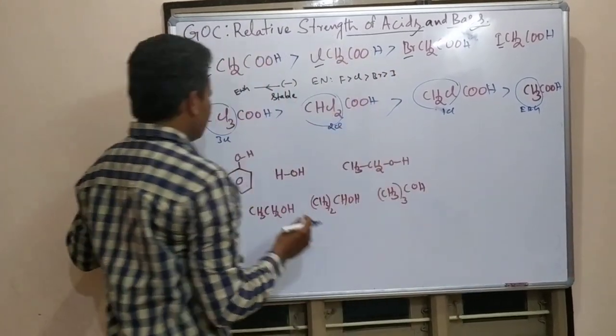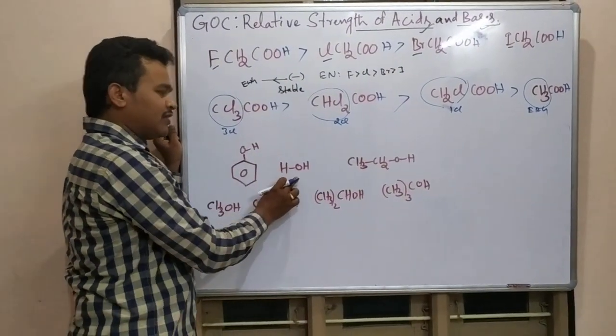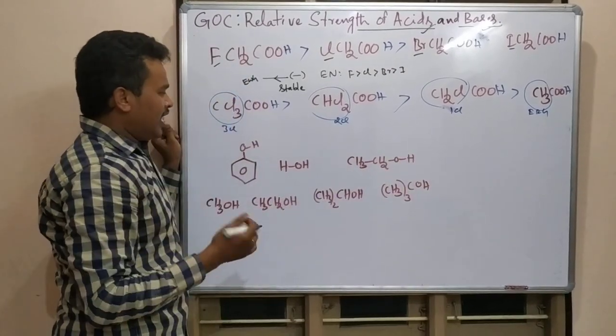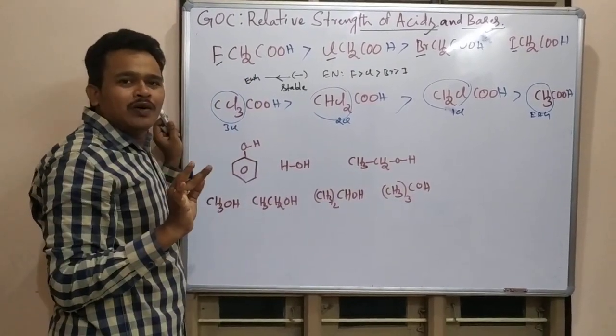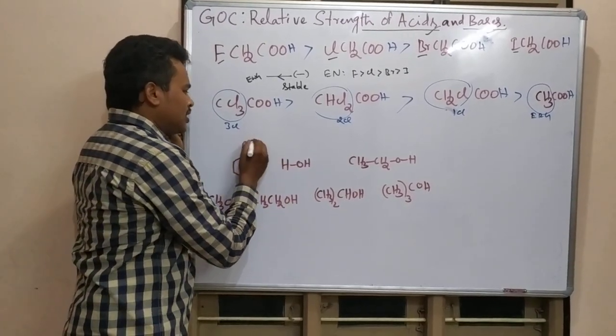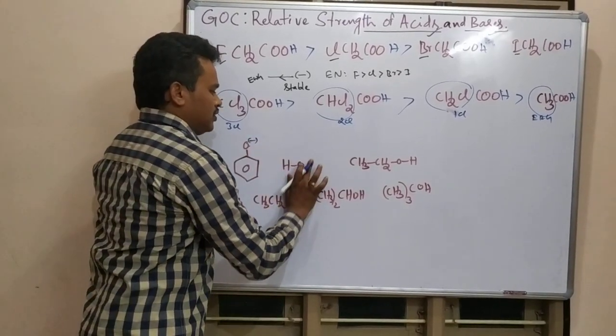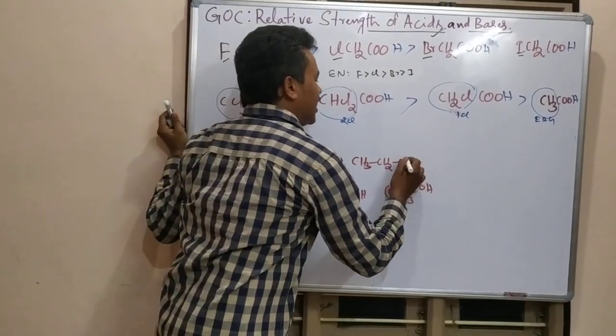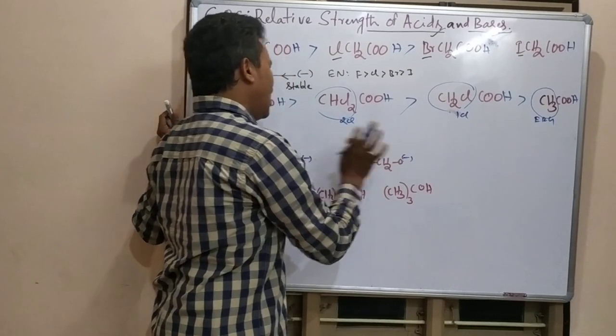Like that. Next one. Here this is a phenol. This is water, general water. This will be ethanol. Again, whatever the thing it may be, we have to do the same thing. Remove H plus. After that, you have to observe the stability of the oxide ion. There is a carboxylate ion, here an oxide ion.